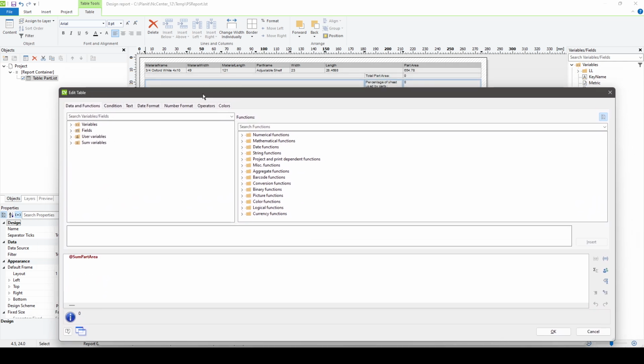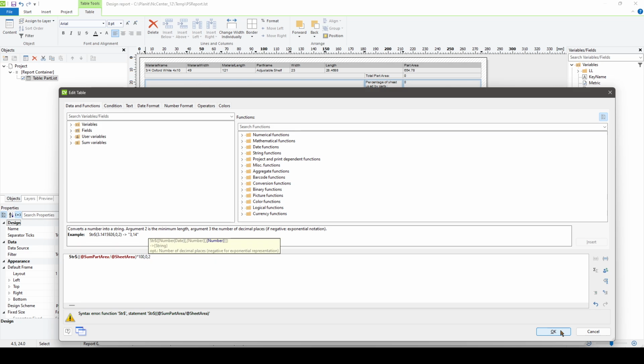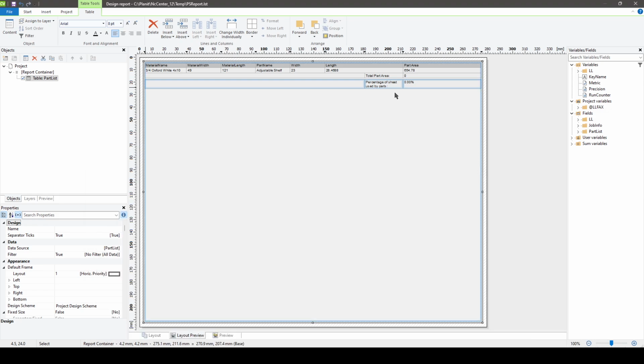So what we're going to do here is sum part area divided by at sheet area, and then times 100 so that it is in the form of a percentage, plus we'll convert this into a string, two decimal precision, so that it looks like 0.00%, or when it's populated, it should be